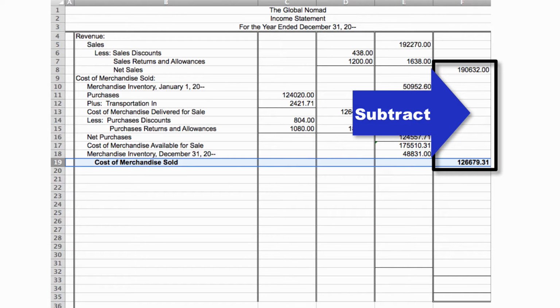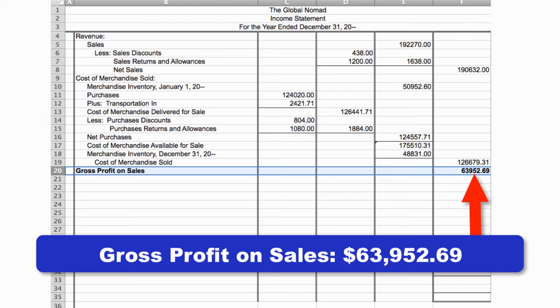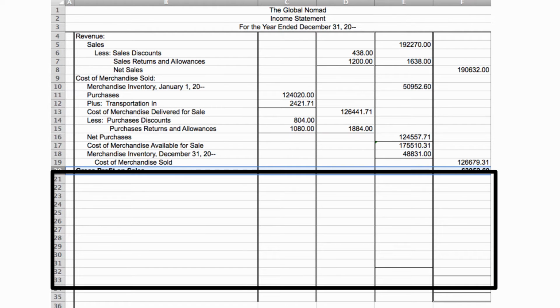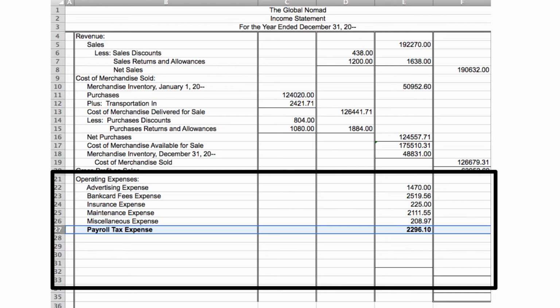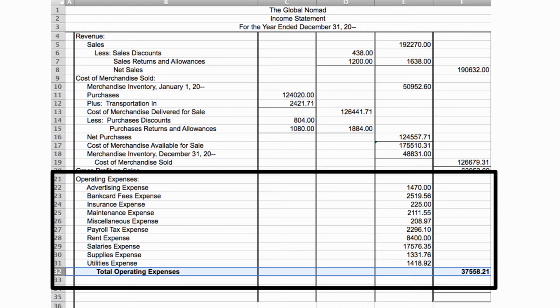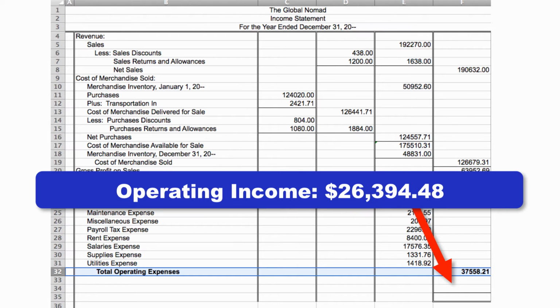You will subtract the cost of merchandise sold from net sales on the income statement to get the gross profit on sales total of $63,952.69. You are nearly done with building the income statement. You will need to list and total all operating expenses from worksheet lines 26 to 36 with the exception of line 28 on the income statement. You will not include line 28 because the federal corporation income tax expense is the result of earning revenue and not operating the business. Subtract the total operating expenses from the gross profit on sales on the income statement to determine the operating income of